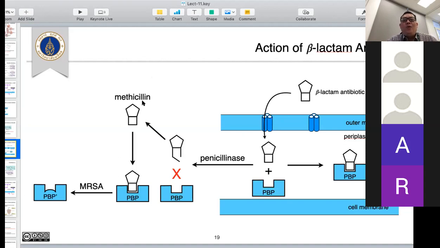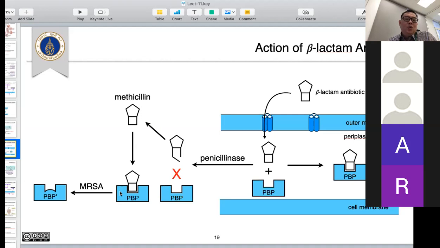We call it penicillin resistant. So bacteria that produce penicillinase are called penicillin resistant because they tolerate penicillin. Methicillin is a penicillinase-resistant antibiotic, or penicillin-resistant penicillin. That means it is a penicillin to fight the resistant bacteria. Okay, and it works well. Methicillin works well, binding to PBP, until bacteria